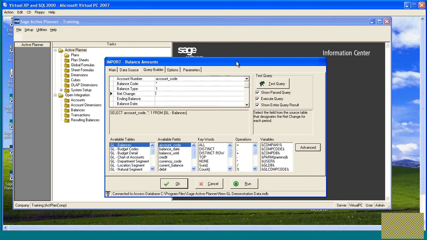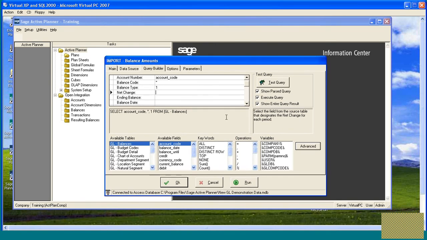The open integration version does not support multi-currency. So if you are in a situation where you have multiple currencies, then you'll need to deal with that correctly. And it turns out that in the data we're using, we do actually have a few different currencies. And so rather than just simply choosing the net change field, we're going to choose the home net change,